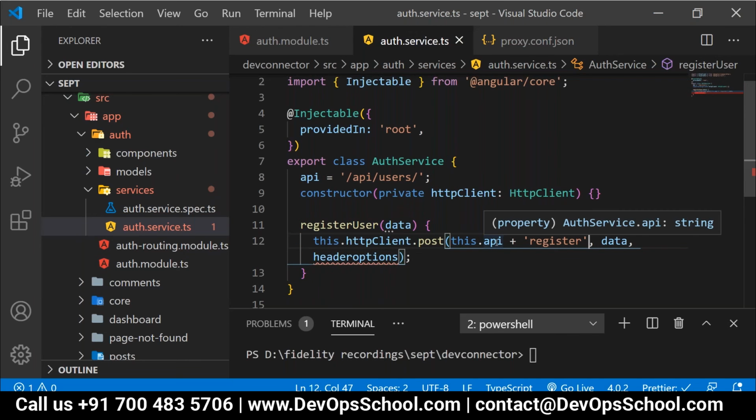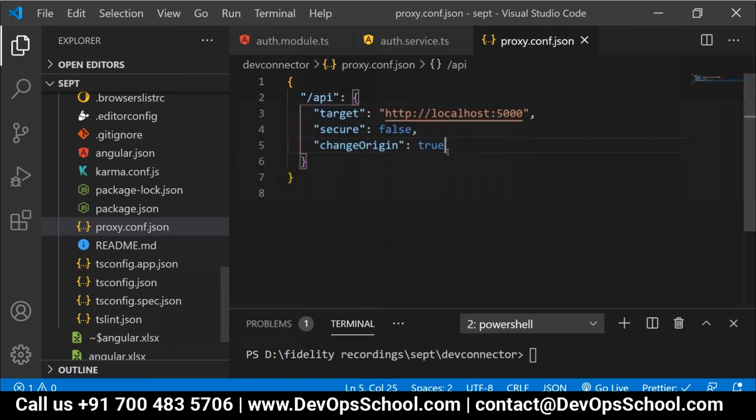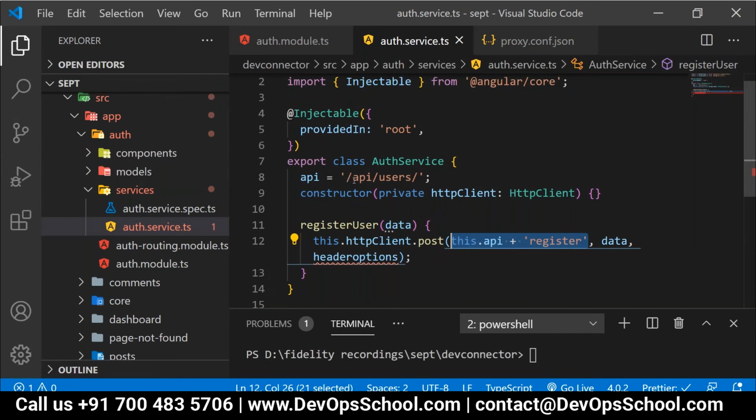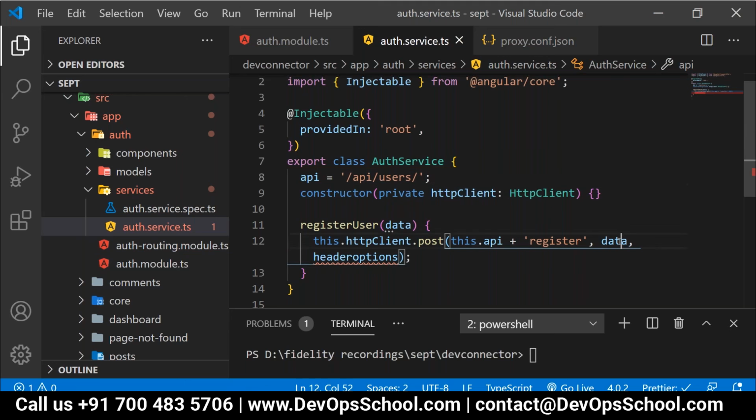Do you need to use /api/users/register? We got it, correct? And this proxy will provide this http://localhost before this API, correct everyone? Then have you provided the data or not?